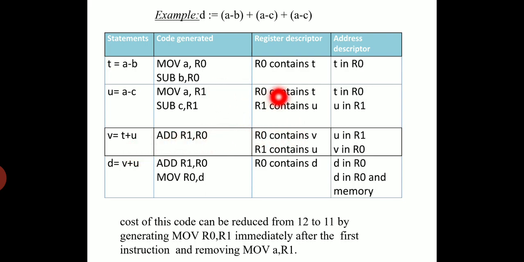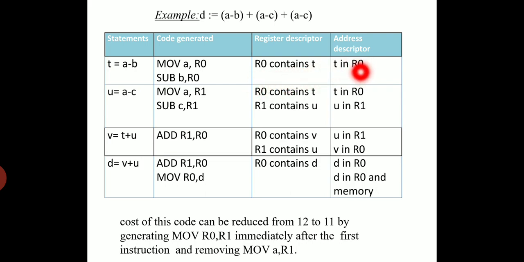During this transformation, the register descriptor also changes. We have to look into that. For T equal to A minus B, R0 contains T and T is in R0. The register descriptor keeps track of which variable is stored in which register, so it tracks that R0 contains T. Then where is T stored?